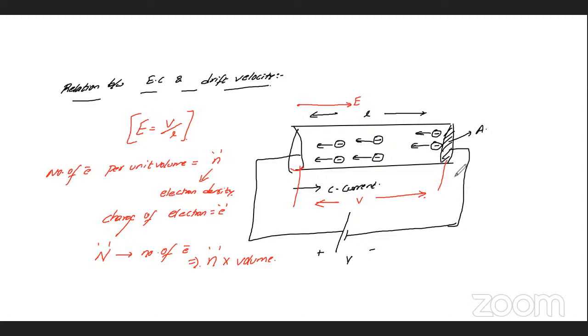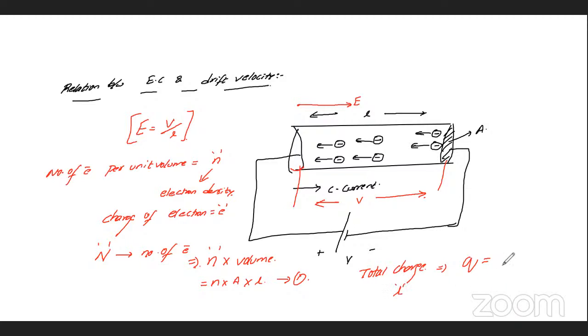The volume has its own area and length, so N is equal to small n into A into L. I'll take this as the first equation. Now, when we discuss the total charge contained in the length of the conductor, Q is equal to, depending upon the length of the conductor,